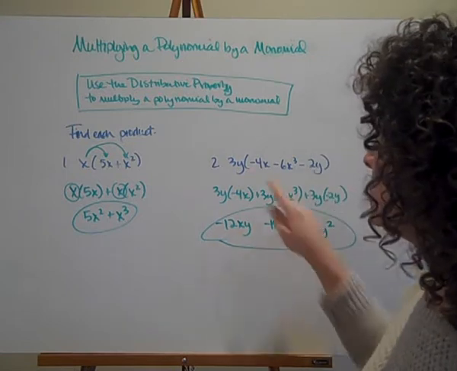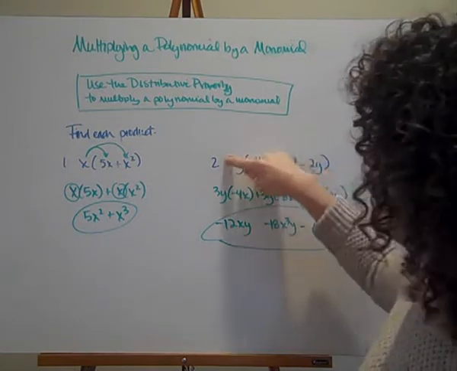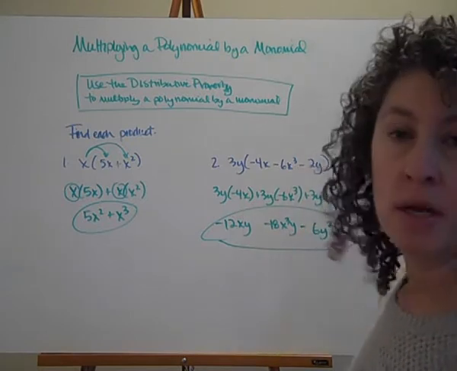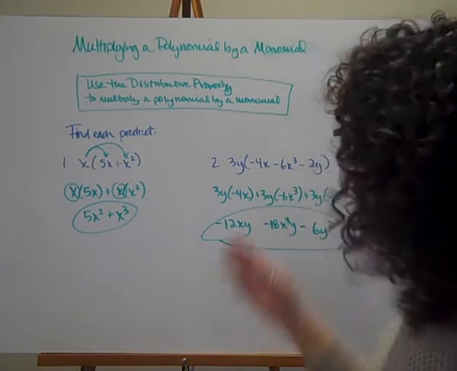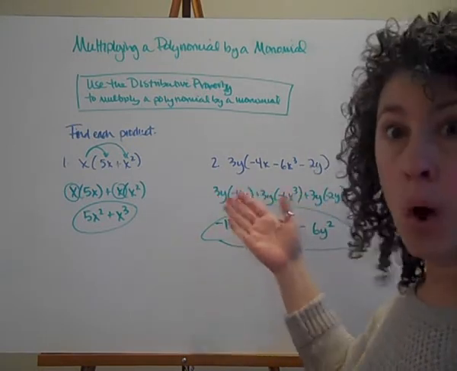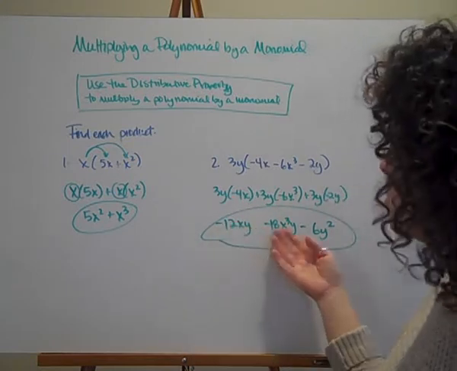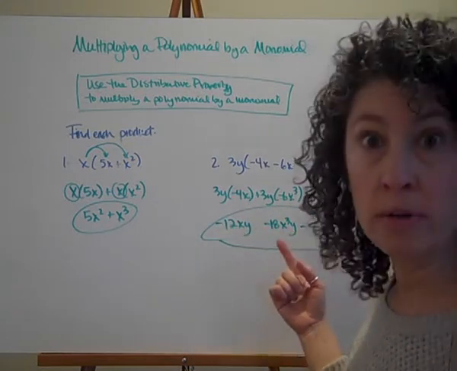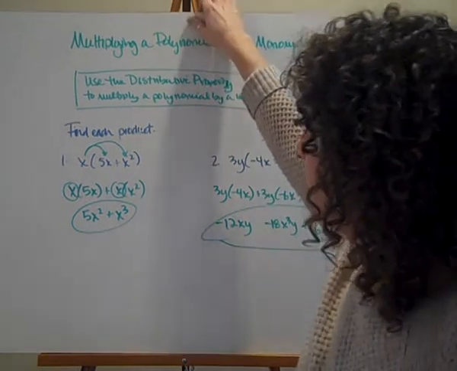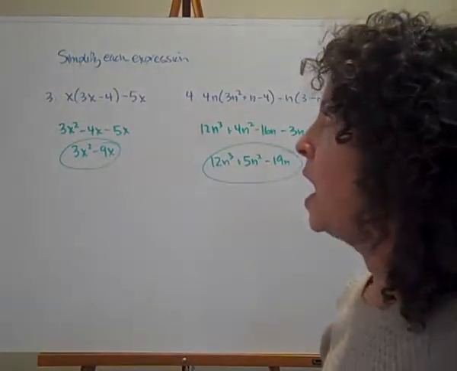So again, I have three terms there. I've distributed my 3y onto each of the terms, paying attention to those signs. Since I multiplied each of those by 3y, the 3y is technically a factor of each of these. Each of these has a 3y as part of it. All right, let's continue, and we're going to simplify.